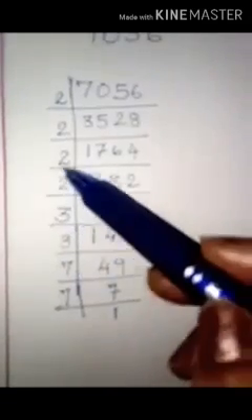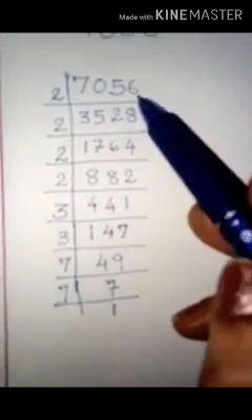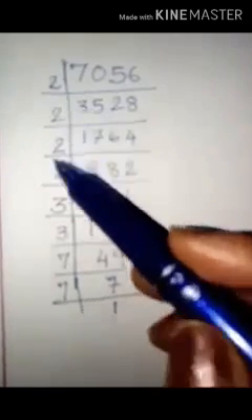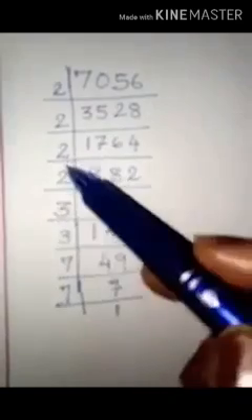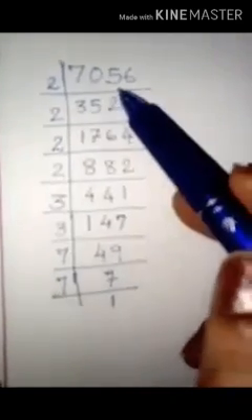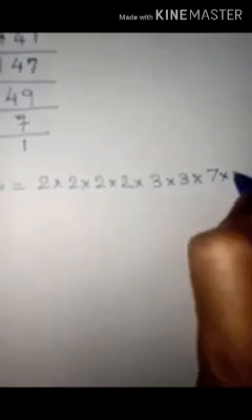So all these numbers that you can see, if you multiply all these numbers, you will always get 7056. You will get back this number. So these are called the prime factors. These are prime numbers and they are the factors of 7056. 7056 we can write in the form of its factors. We have 2 times 2, then 2 times 2, 3 times 3 and 7 times 7. Now these factors should make pairs.